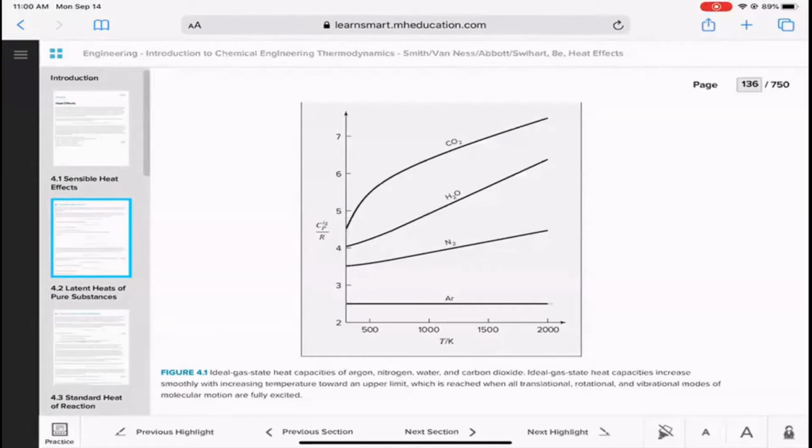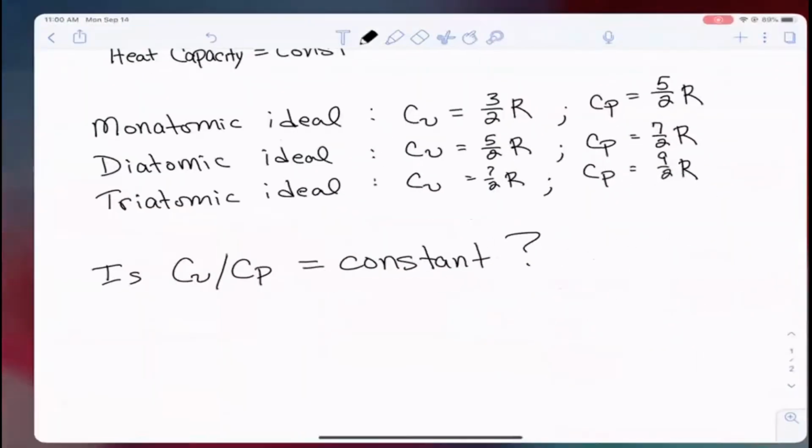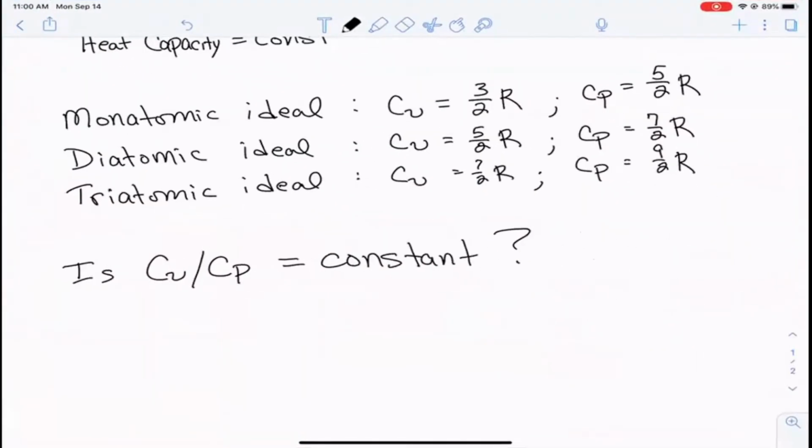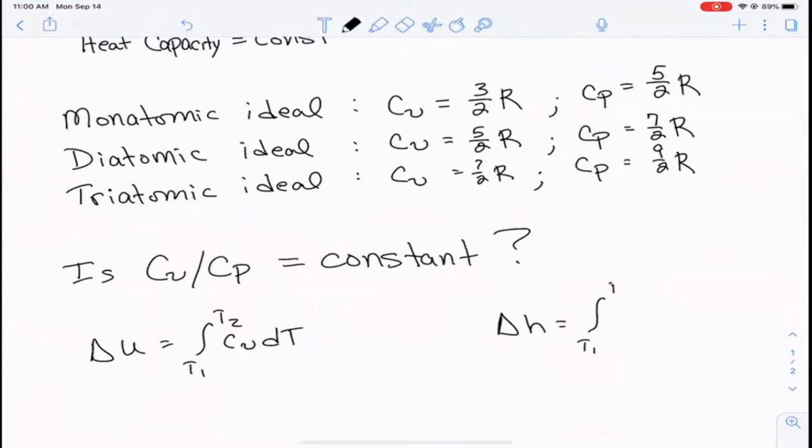And in previous lectures, we've said that delta U is equal to the integral from T1 to T2 of CV dT. And if I'm going to write these both in the intrinsic form, that's delta U. So then delta H is equal to the integral from T1 to T2 of Cp dT. Now you'll notice